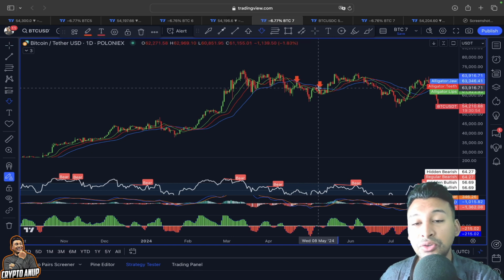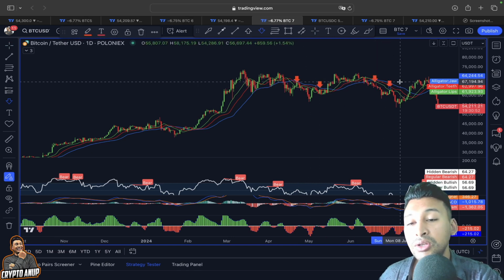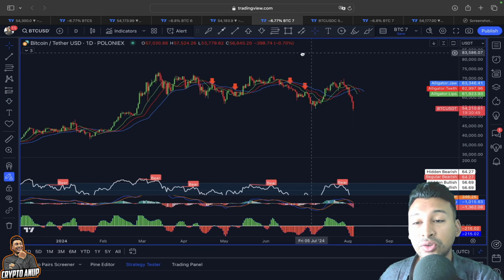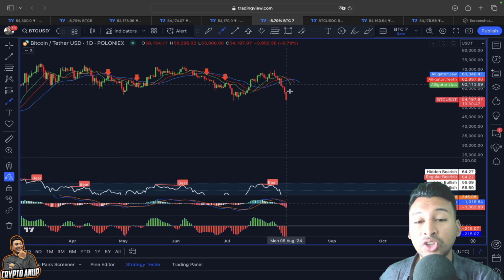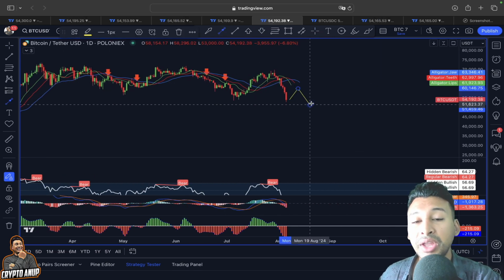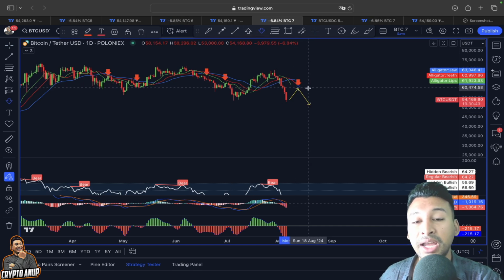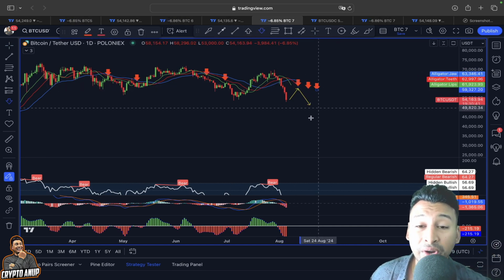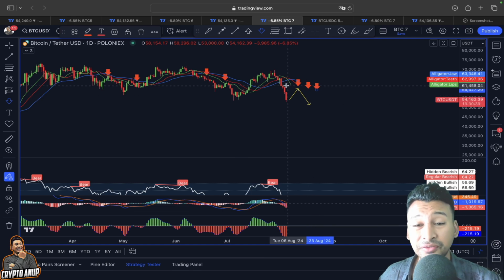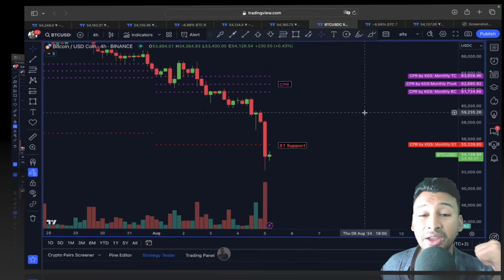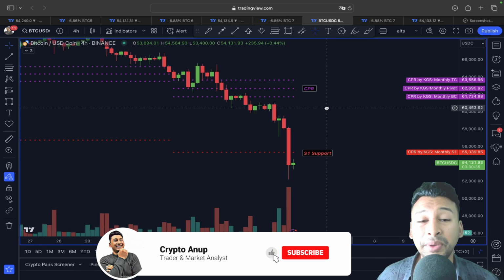This same trend line during a downtrend will be looked at as a line of resistance. So since the price is also below it, with any sort of relief rally we have to be careful, because this exact trend line will be acting as resistance. And not just the resistance from this Williams Alligator indicator, even if you look at this CPR indicator, our